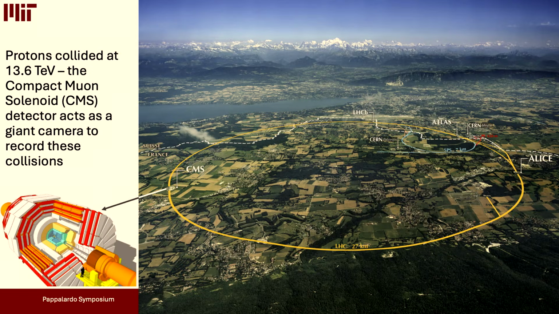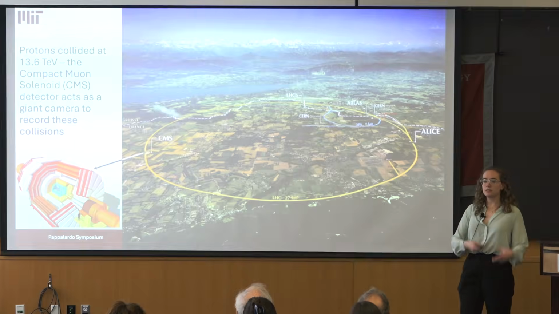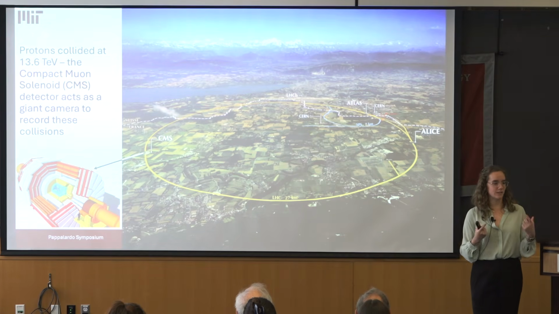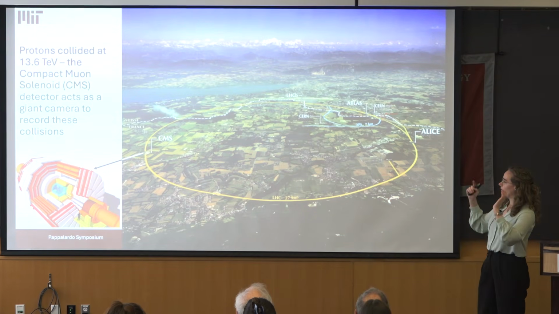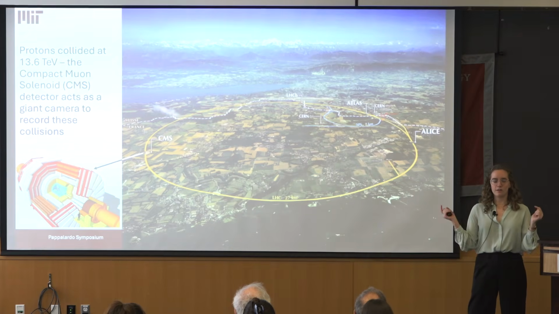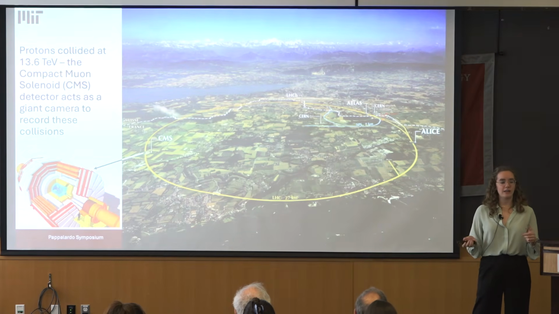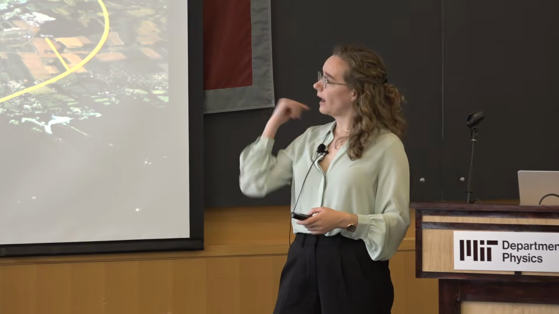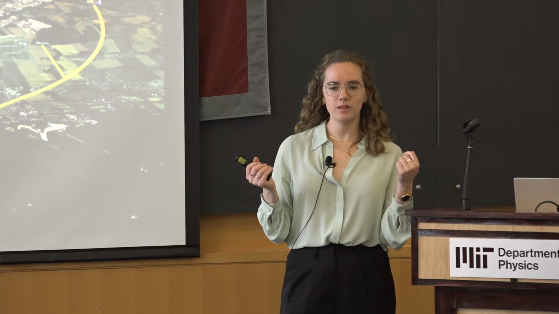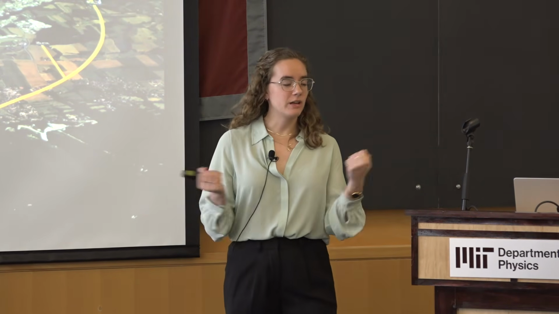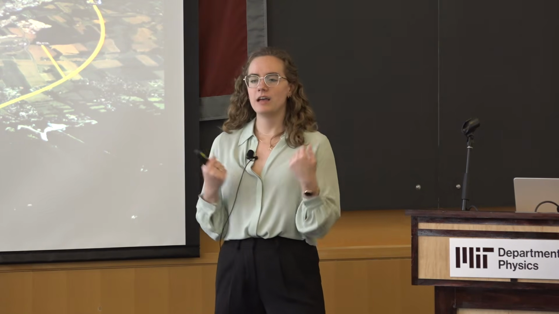Large Hadron Collider. This is the highest energy proton-proton collider in the world, and it's located outside of Geneva, Switzerland, basically on the border of France and Switzerland. From this aerial picture, you can see the Alps in the background. We have Lake Geneva here, and then this ring is the 27-kilometer circumference ring that the Large Hadron Collider is. It's actually located 100 meters underground, where we have a tunnel dug, and then we have protons circulating at nearly the speed of light, both in the counterclockwise and the clockwise direction. Then we take those beams of protons and we collide them in basically head-on collisions at 4 points around the